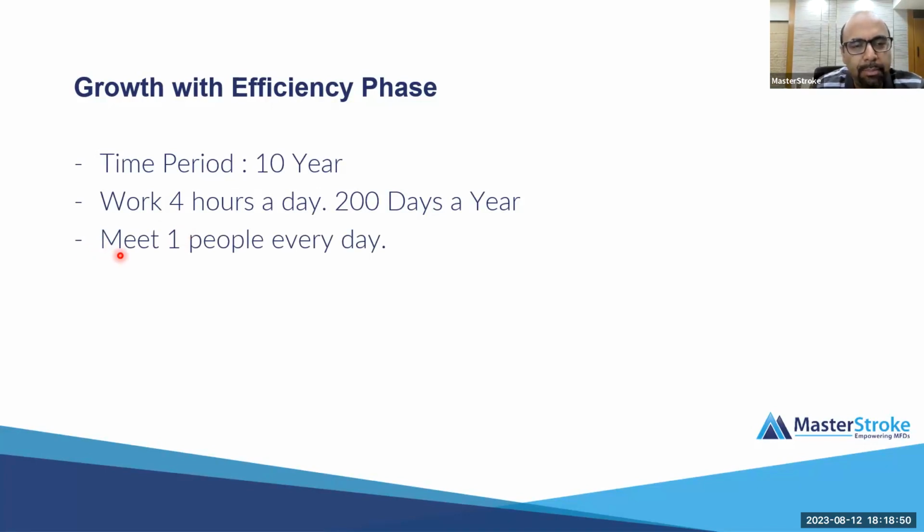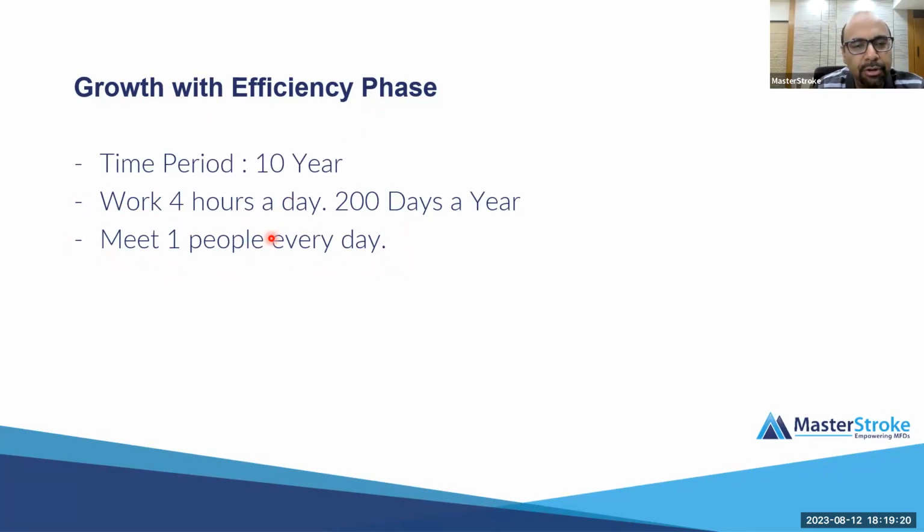Now you're allowed to meet one person every day because you have done the hard work of making 300 families your clients. You don't need to meet many prospective clients and you don't need to meet many existing clients because business happens on WhatsApp, business happens on webinars, business happens on phone calls. So your target is now actually coming down, you see. The compounding has happened. The client has reached a portfolio level of 3 crores. Now his investment amount is lower, which means your effort is lower, but your productivity and growth is higher because